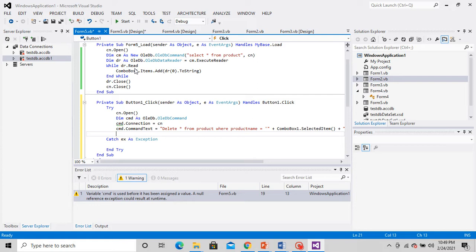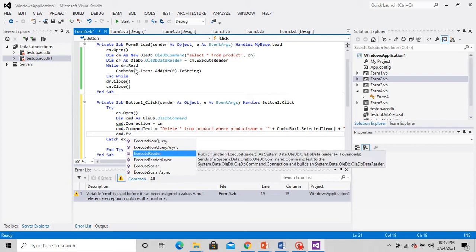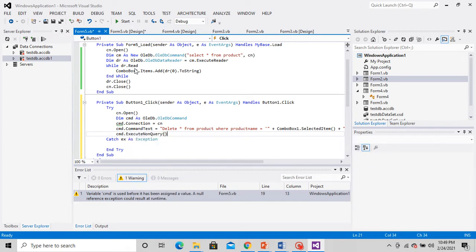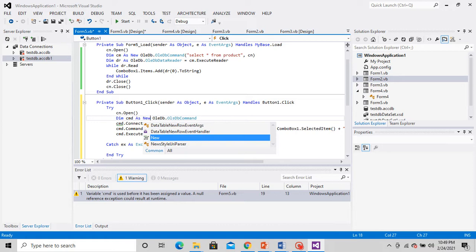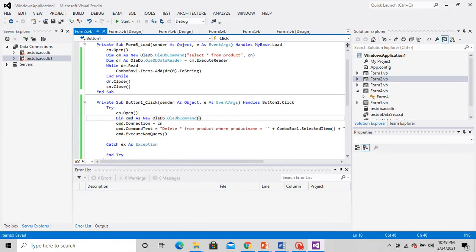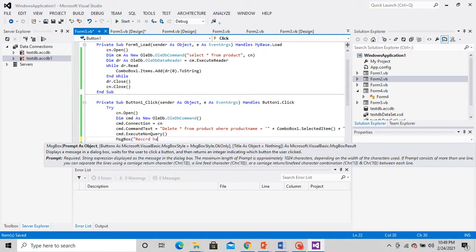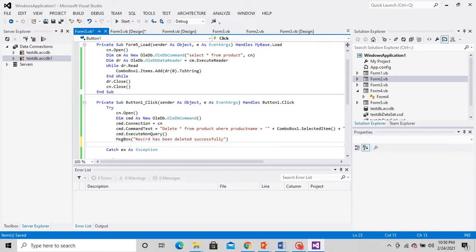So execute non-query. Then message box: record has been deleted successfully, in the same way as we have done for our insertion.